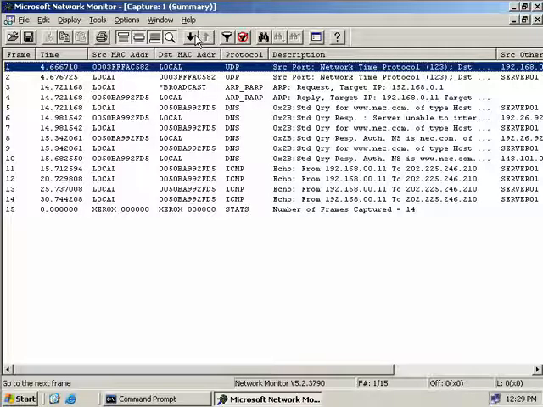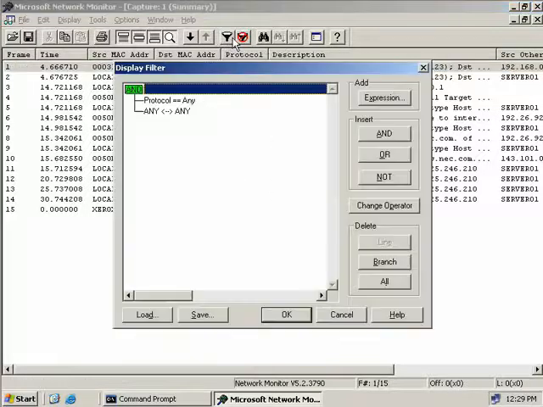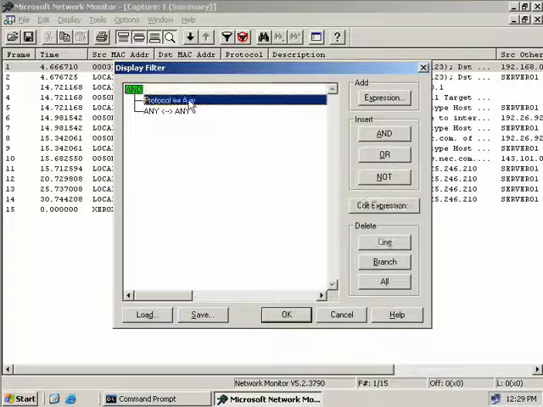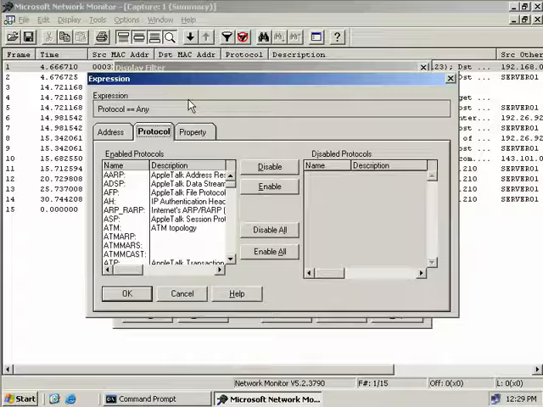Okay, now this is a little messy here. As you can see, we captured a fair amount in such a short space of time. What I'll do is click on this little funnel looking icon, and this brings up the display filter. Now I'm just going to double click on Protocol Any, and I'll select to disable all,